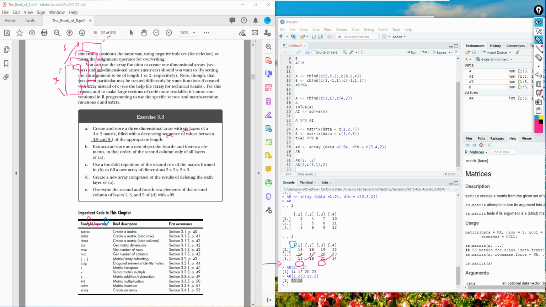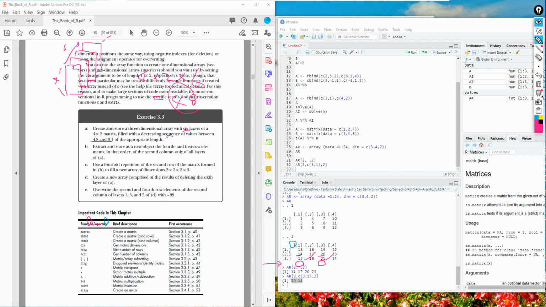Since this is a 4 by 2 by 6 matrix, if you multiply this, 6 times 8 is 48. So basically 48 elements, so the length out should be 48. The dimension is 4 by 2 by 6.